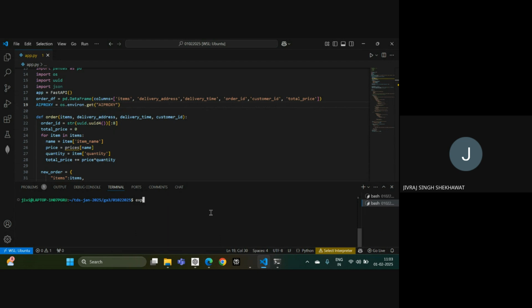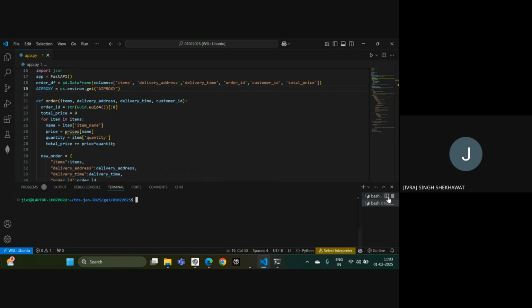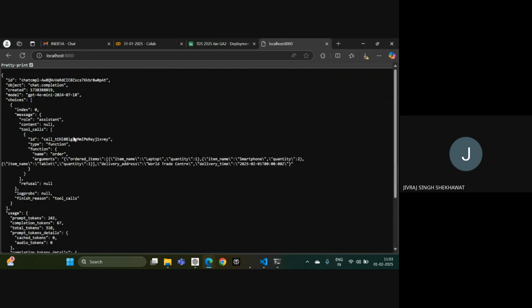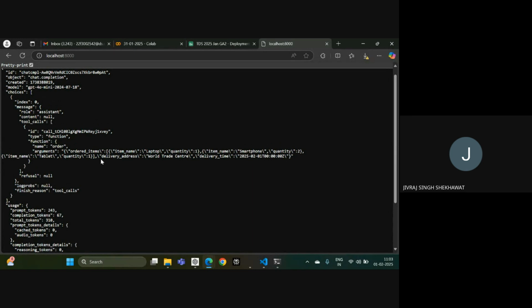So what I have done, I have just exported the variable again, and now we can actually run this particular application. And let's run it. And let's format it. So yeah, it is getting us this particular thing that we need to call the order function,